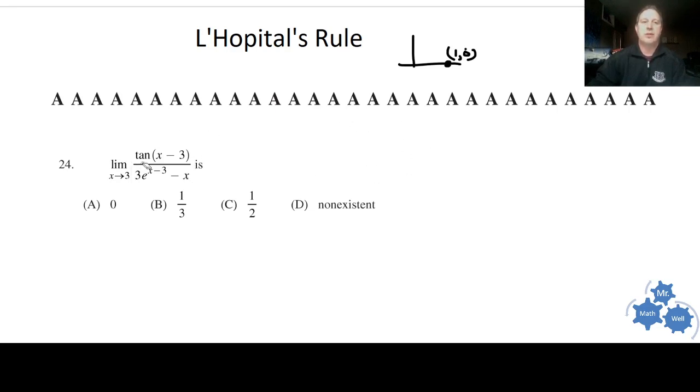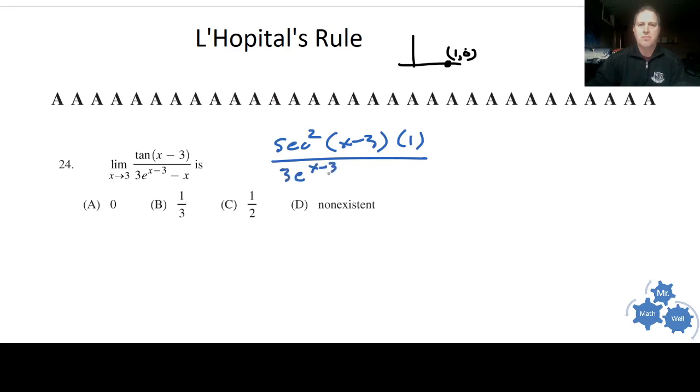So what we'll do is take the derivative of the top, which I believe is secant squared of x minus 3. And of course, chain rule says we multiply that by the derivative of the inside, which is just 1. And the derivative of the bottom, let's see, this is going to be 3 times e to the x minus 3, and then times the derivative of the exponent, which is just 1, and then minus 1. So if we have that as a derivative and we plug 3 in there,